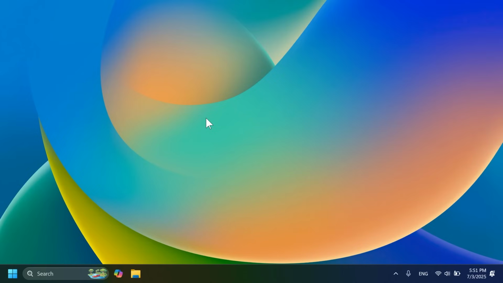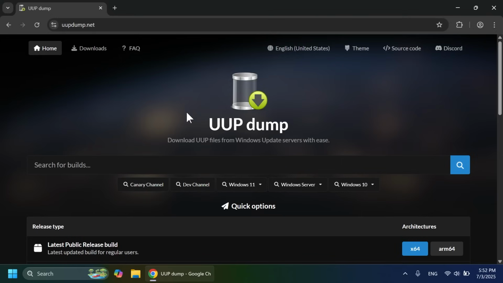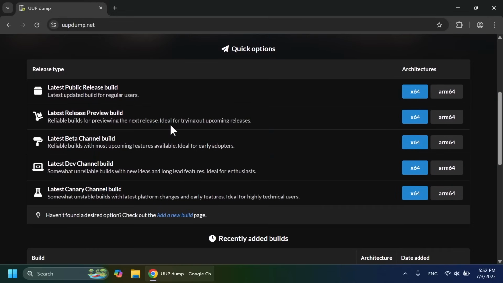I think I recommend this method better because even though it is a bit harder, you can take that ISO and test out Windows 11 25H2 on a virtual machine, and you won't have any headaches or anything like that with bugs and errors. To get the official ISO, for example, you can use UUP dump, which will basically get it directly from the Windows Update servers, and make sure you go into the latest dev channel build section, go to x64, make sure the build is